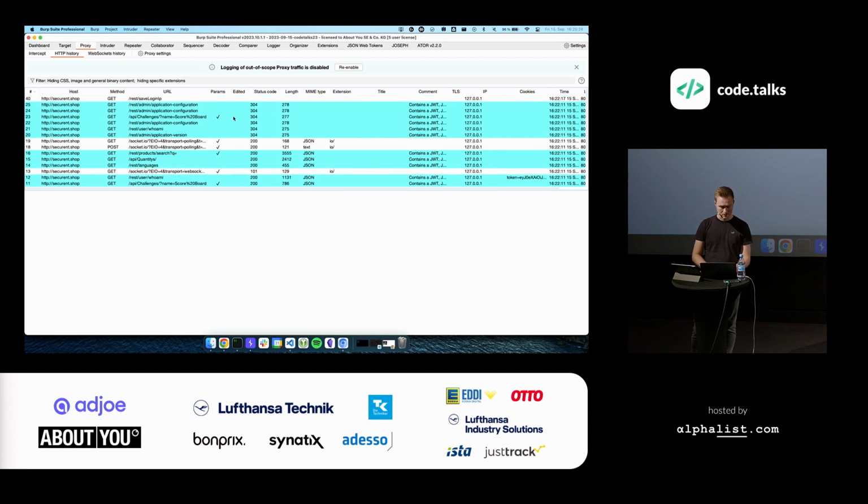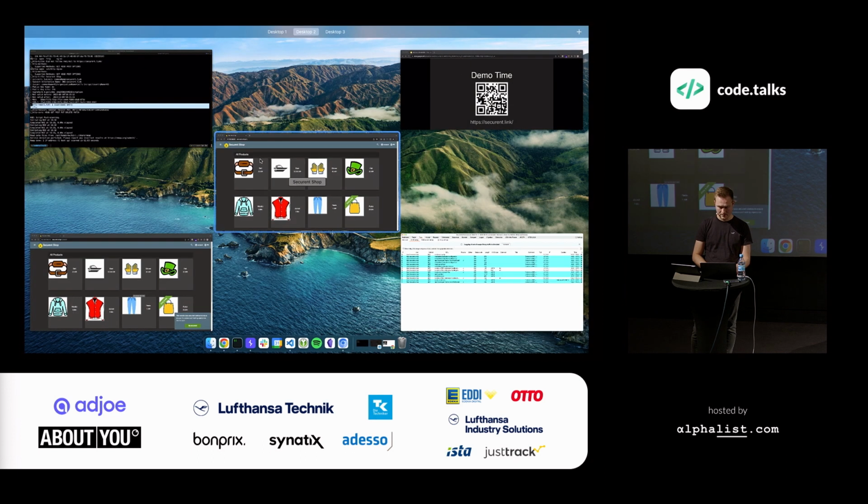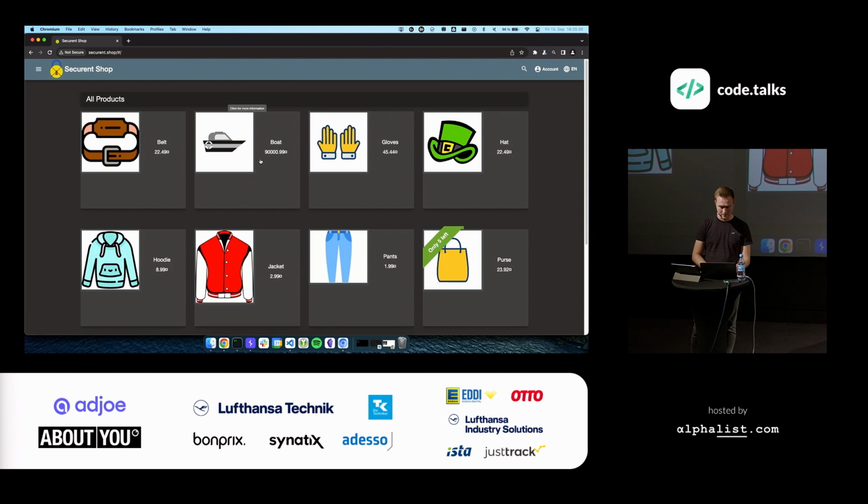OK, great. So with that out of the way, we can start clicking around in the application. Let me make sure I have the right browser. With that out of the way, we can click around in the application and just start seeing what Burp Suite